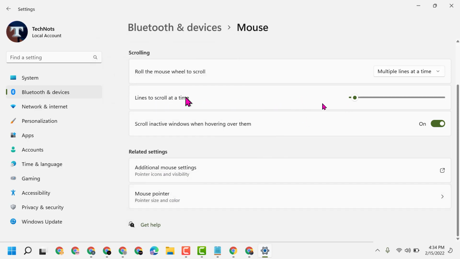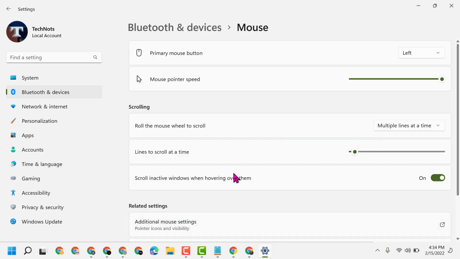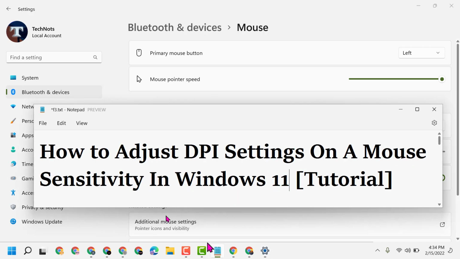And here guys you can change line to scroll at a time, and also guys you can select and turn on this option scroll inactive windows when hovering over them. So this is the way guys you can adjust DPI settings on a mouse